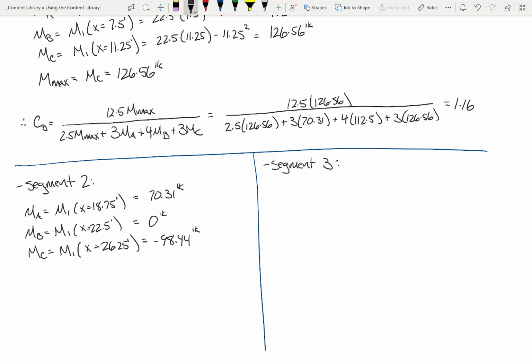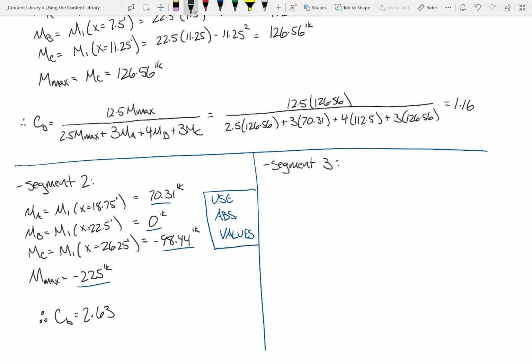But when you plug and chug into the CB expression, always use absolute values. So M max is negative 225, use absolute values. Now, I'm going to go ahead and give you what the CB expression is for this one. This is more just, I want you to practice to make sure that you're comfortable with the expression. When you chug it out, you're going to get that CB is